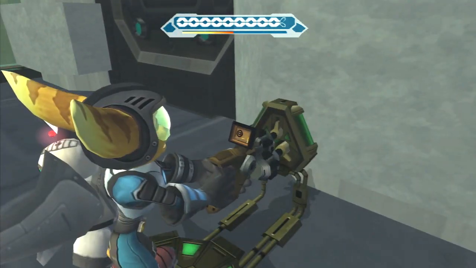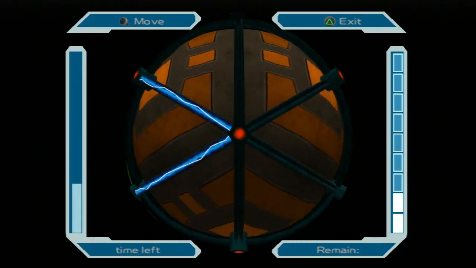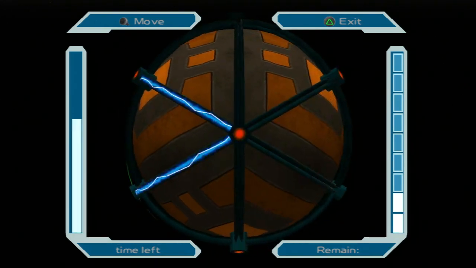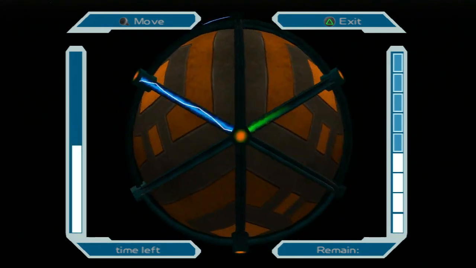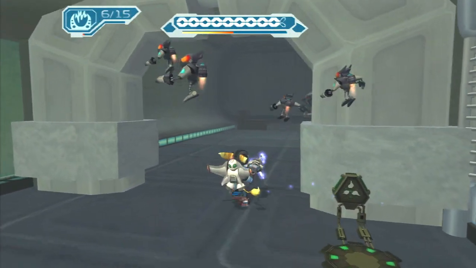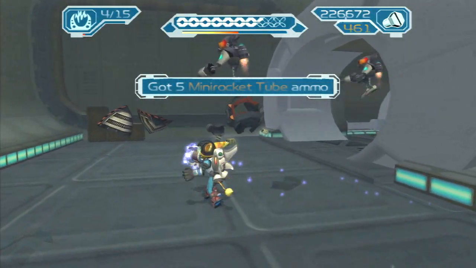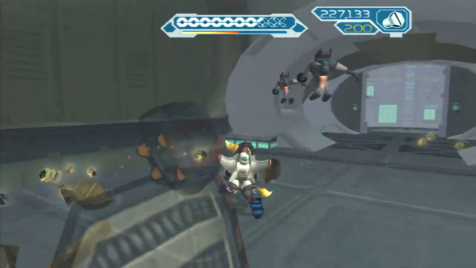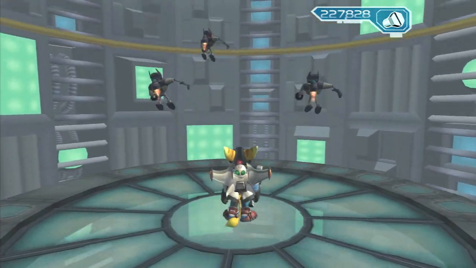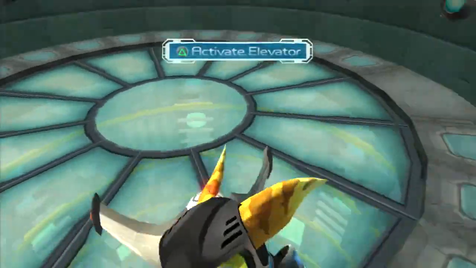Alright, infiltrator time. Again, I think this puzzle's easier than the last one we just did, though. I say that and I still messed this one up here. There we go. Easy as anything. And get attacked by a big guy. Yeah, the plasma coil is also just insanely powerful, so it's definitely very much worthwhile for that alone. And